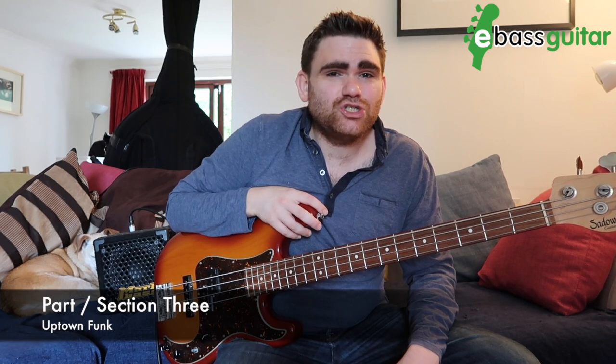So that is the riff, and that's probably the most important thing that you need to know about how to play. Now number 3 in here is this ascending figure going into the chorus, which is just a straight offbeat chromatic thing starting on a D. When it goes, "Uptown Funk don't give enough to bump," there's this big kind of lift. And this is so simple, it's offbeat notes, so we're going to go 1, 2, 3, 4, 1,